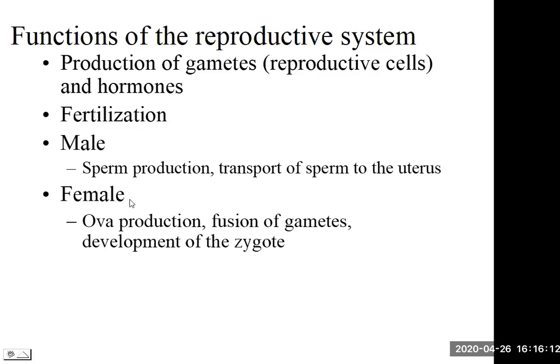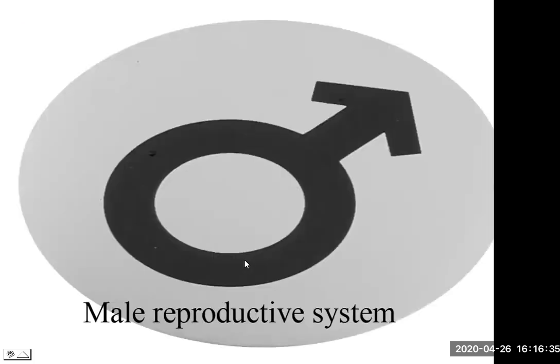Whereas in the female anatomy, there's the development of the ova, the term for the egg, and the process of fertilization, the union and fusion of the two gametes, taking place naturally within the female body, and with that fertilized egg now being developed internally inside of the female system. So we're going to start with the male anatomy,